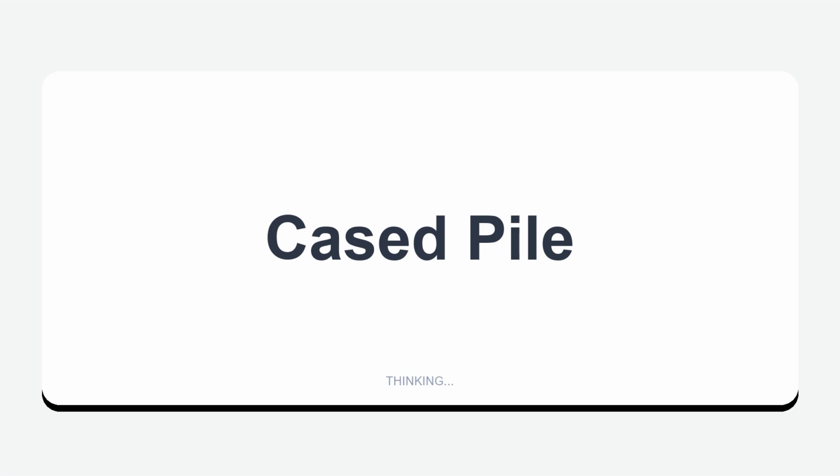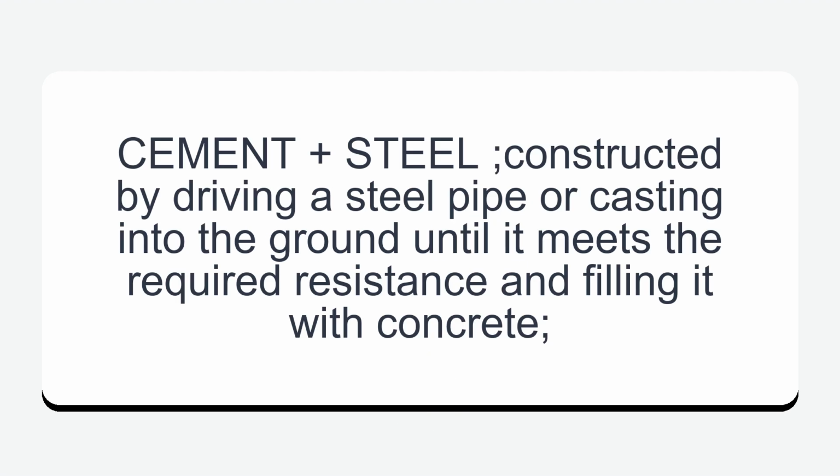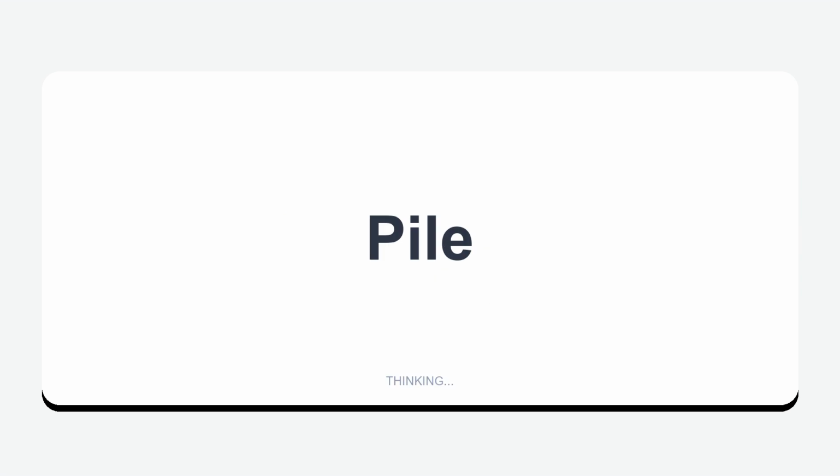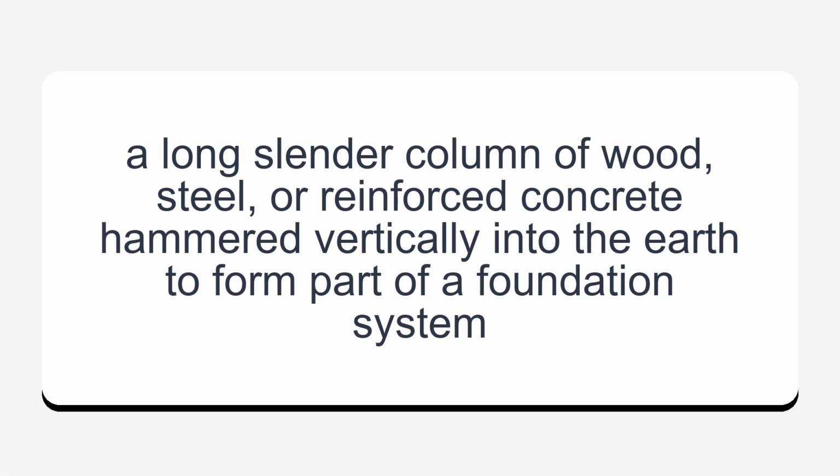Cased pile: cement plus steel, constructed by driving a steel pipe or casing into the ground until it meets the required resistance and filling it with concrete. Single-acting steam hammer: steam is applied to raise the striking part of the hammer then allowed to fall by gravity. Pile: a long slender column of wood, steel, or reinforced concrete hammered vertically into the earth to form part of a foundation system. Caisson: